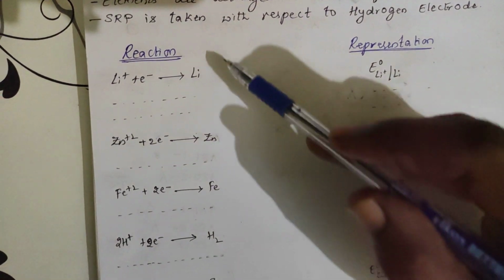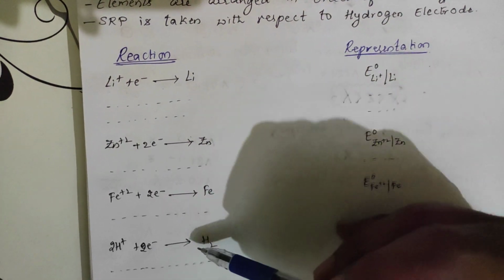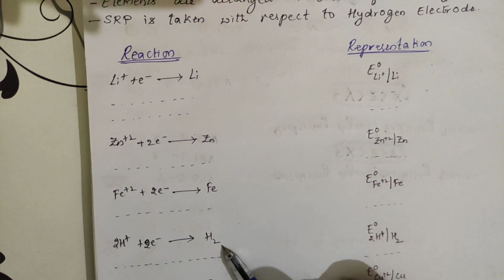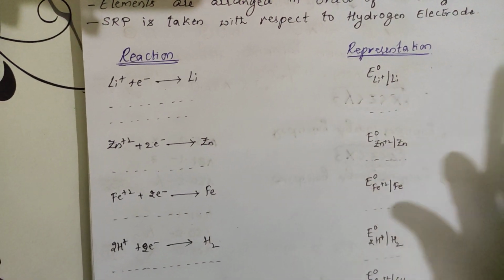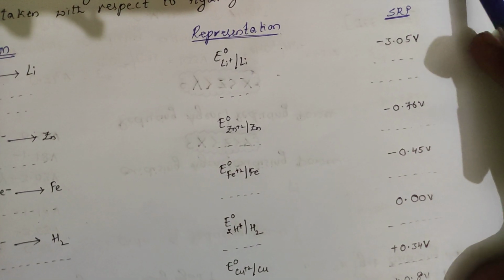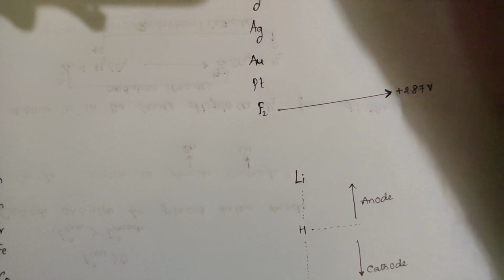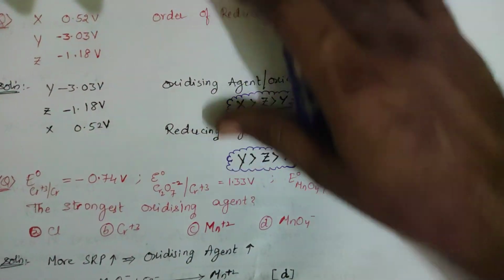If hydrogen combines with all the elements above it in the series, above hydrogen, then hydrogen undergoes reduction and the element above undergoes oxidation. Then there is a liberation of hydrogen gas. So these are the uses with respect to the electrochemical series. Right, students? I hope that you have understood that.